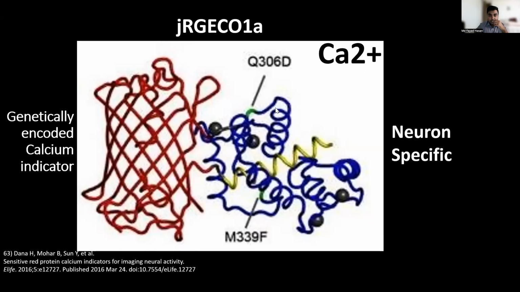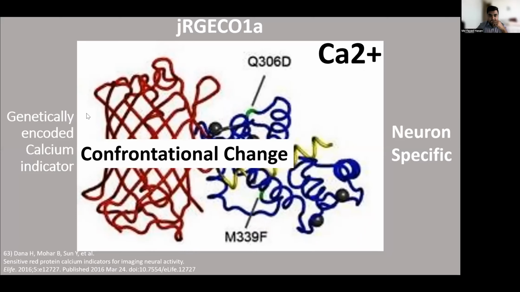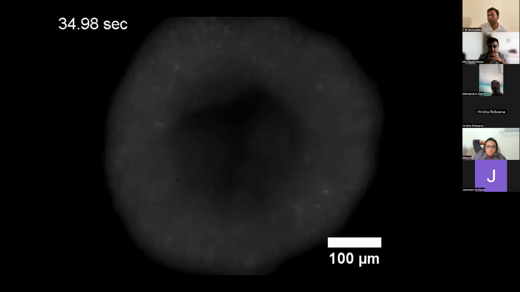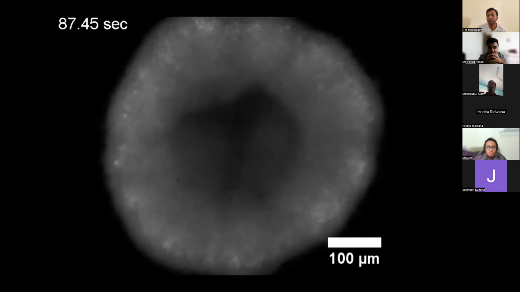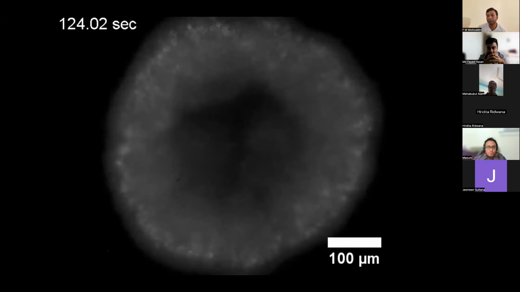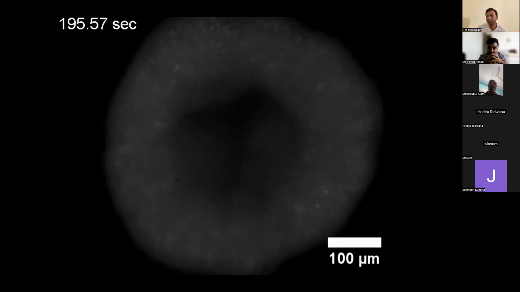With this, we recorded these cultures, and we found something like this. If the video plays, you can see that this is a real-time video, and there are spontaneous big bursts of neuronal activity, and they're all synchronized, which looks a lot like an epileptic seizure.